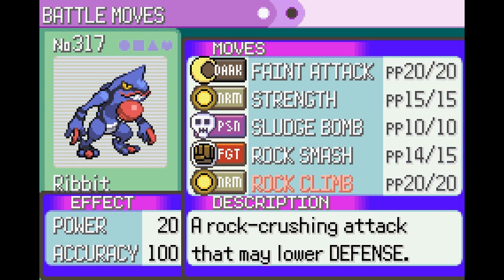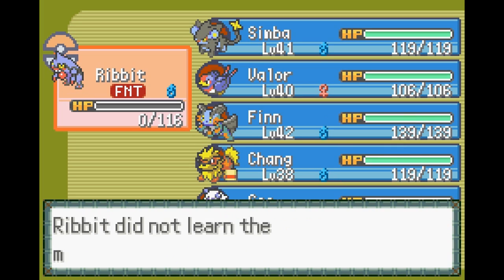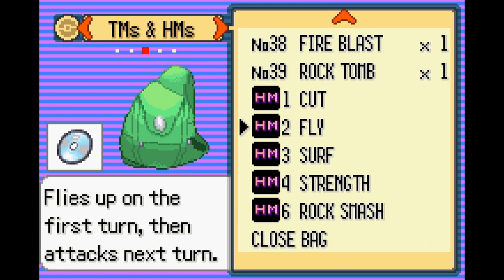I really need a better Fighting type move. Rock Smash is not doing it. Also, is there a move deleter in this game? Because I don't think we found one. We probably have, and I just don't remember, but... Okay, why is it...